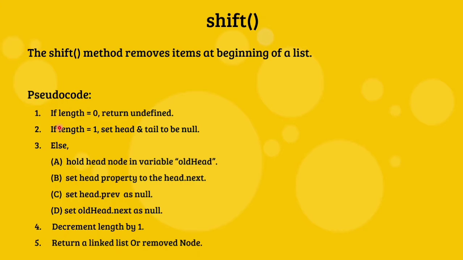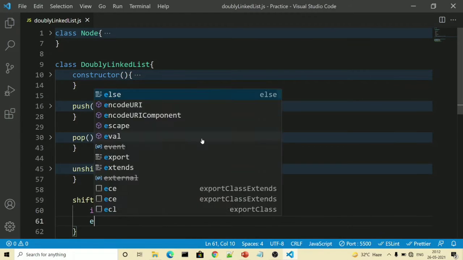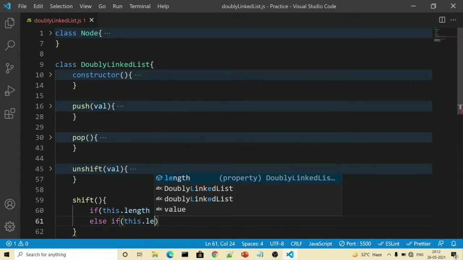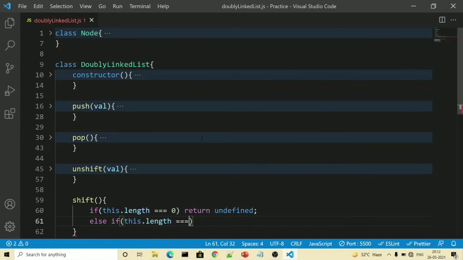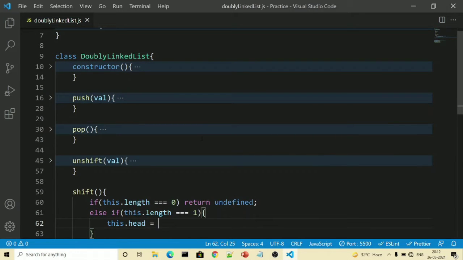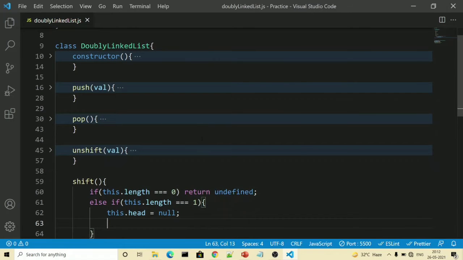In the second part, it is saying if length is equal to 1, set head and tail to be null. So else if this.length is equal to 1, so at that time we will simply do this.head is equal to null and this.tail is equal to null.